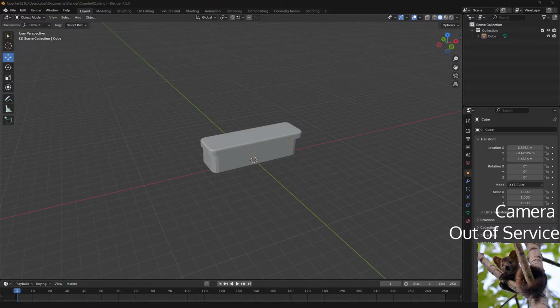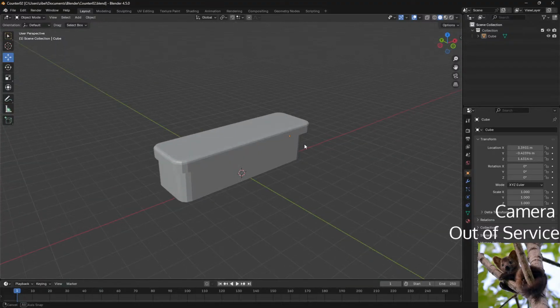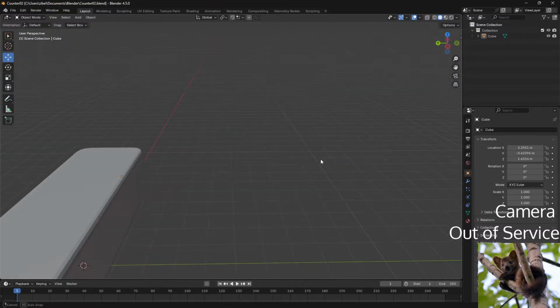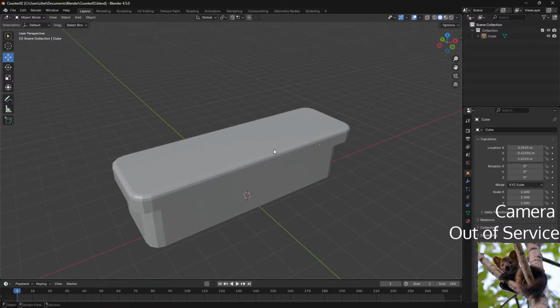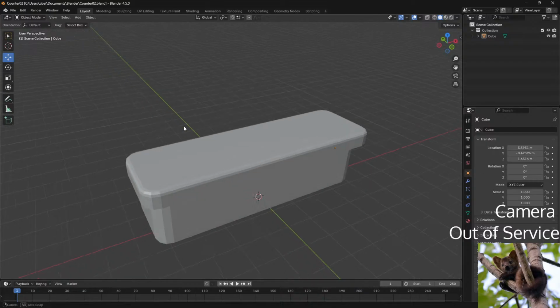Eventually I could start with a cup. And that could be... Could I? Oh, this one is square. That makes it easier. Okay, let's see.